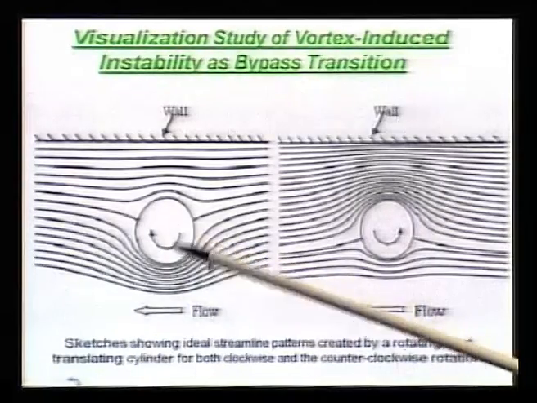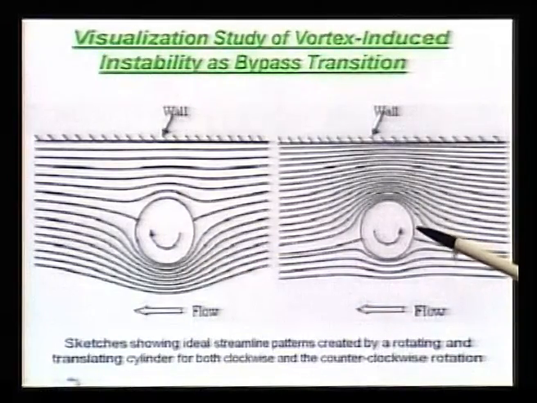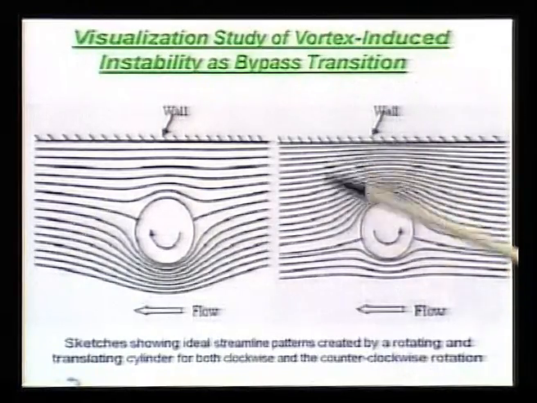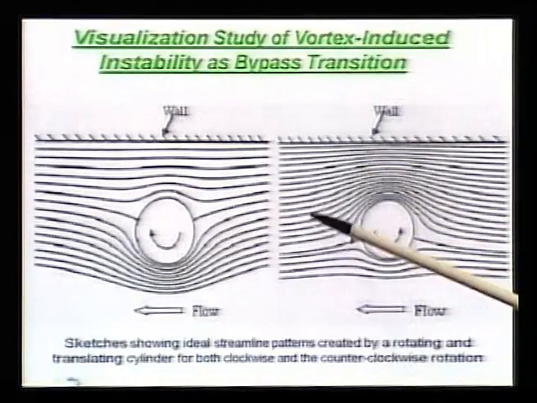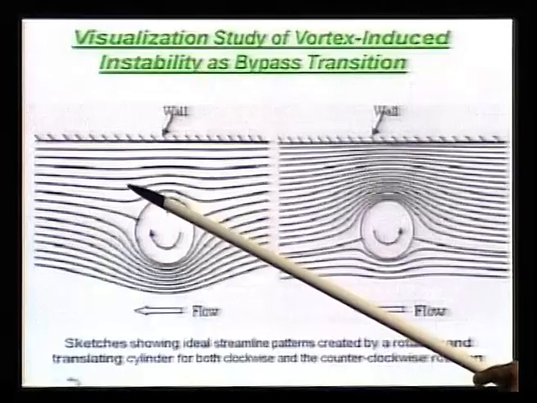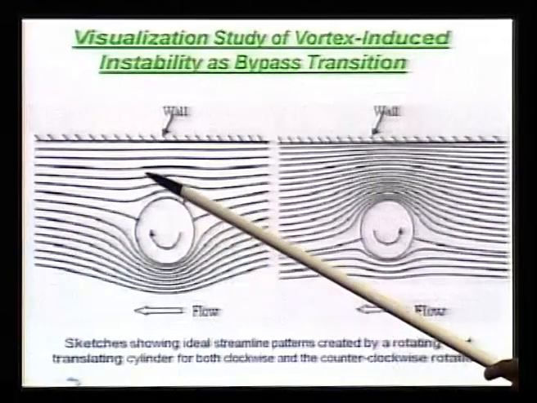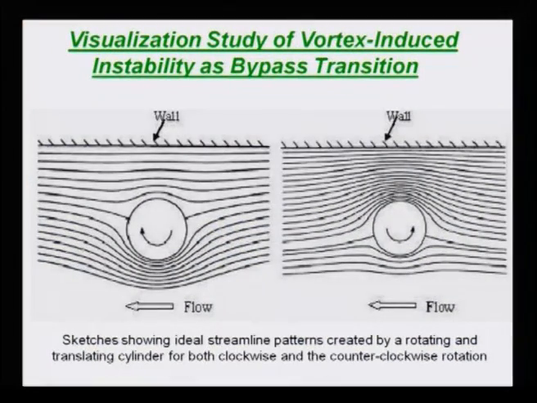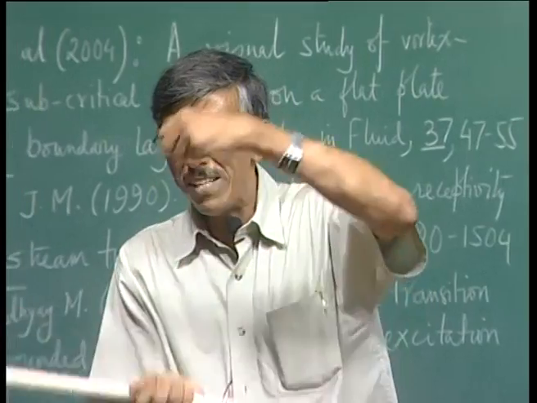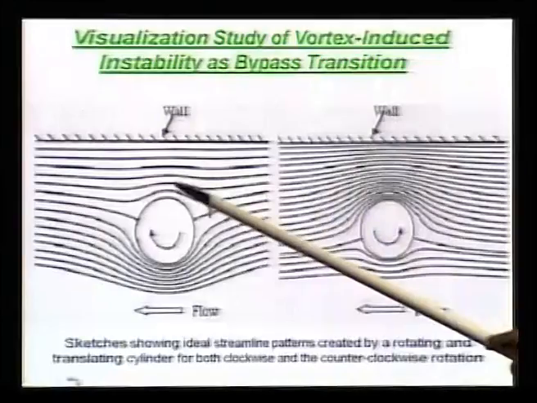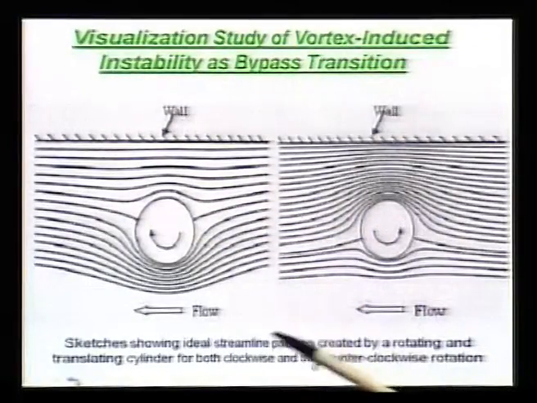So, this is the case of clockwise case, and you can see in the case of counterclockwise case, of course, this side streamlines are converging. So, you have a favorable pressure gradient, and this side it is continuously diverging, and you see the effect. And you can also now see that in this case, this kind of adverse pressure gradient is over a small region. That is what, if you look at the case 5 plot that I showed, the bulging happened over a very narrow range. It remained very much confined there, not over a large distance in the upstream,